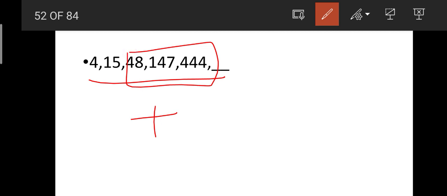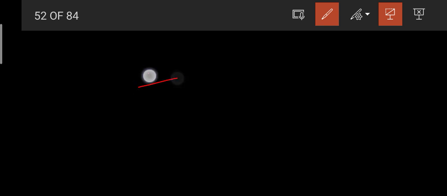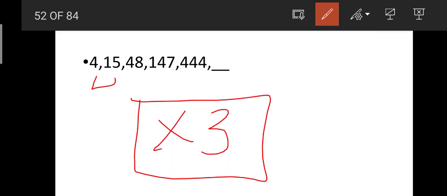Okay friends, the logic here is very simple. You may take here the addition series, but if we observe the last 3 numbers, the difference is very much more, so we can't go for addition series. Then what should we take? We should go for multiplication series. The multiplication mainly here, the thing we can take is 4 into 3, it becomes 15, and then 15 into 3, it becomes 45. But they are continuously adding the number 3. They are multiplying the number with 3 and they are adding the number 3.